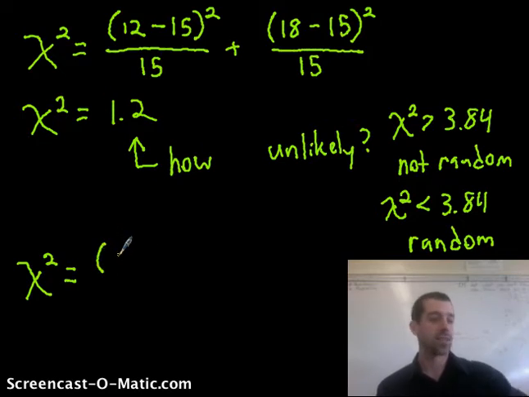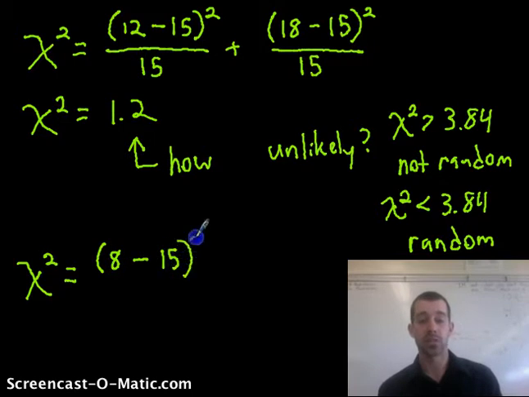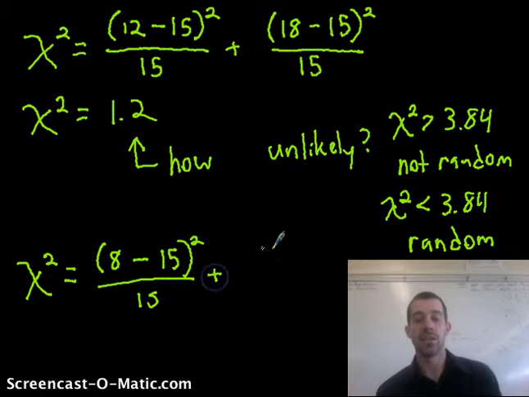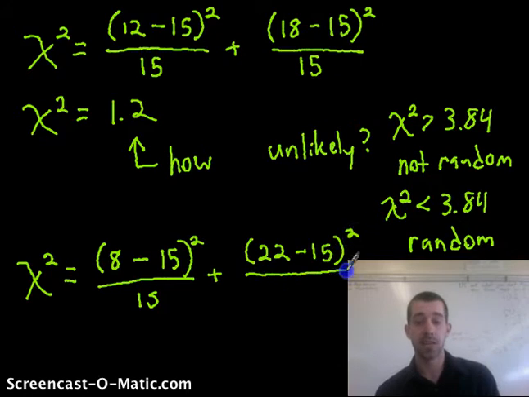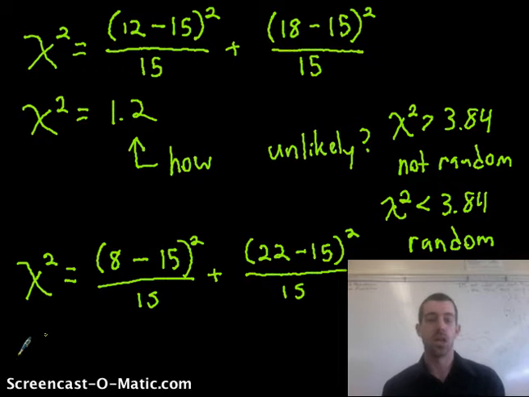So in that case, the observed for side A was only 8. Once again, we still expected random chance. We still expected 15 on each side. And the observed for side B was 22. Now that seems like a lot, but until we do the chi-squared, we don't know if it was random chance or not. When we calculate that, we're going to find that chi-squared in this case was